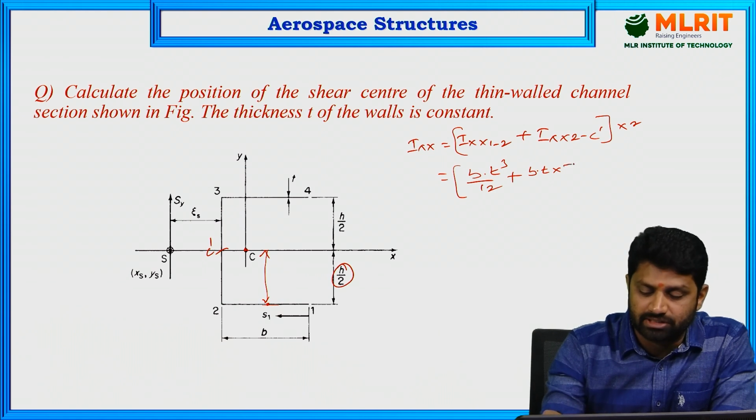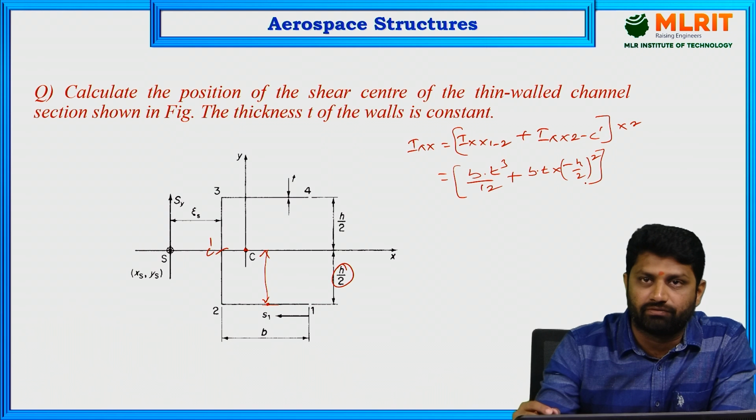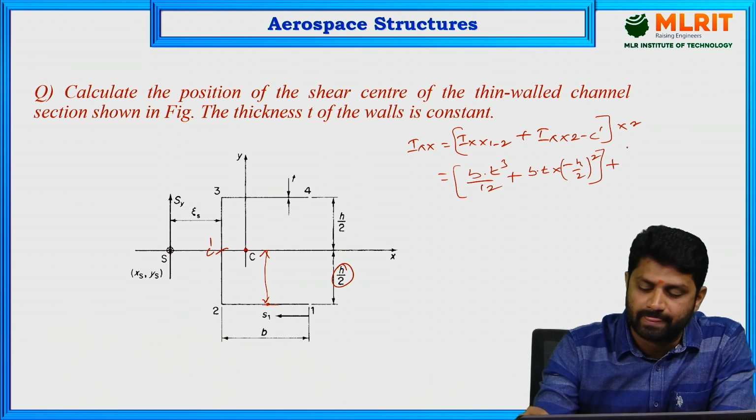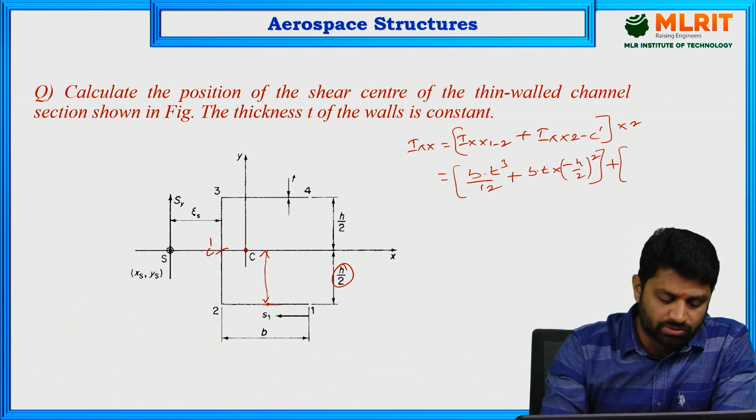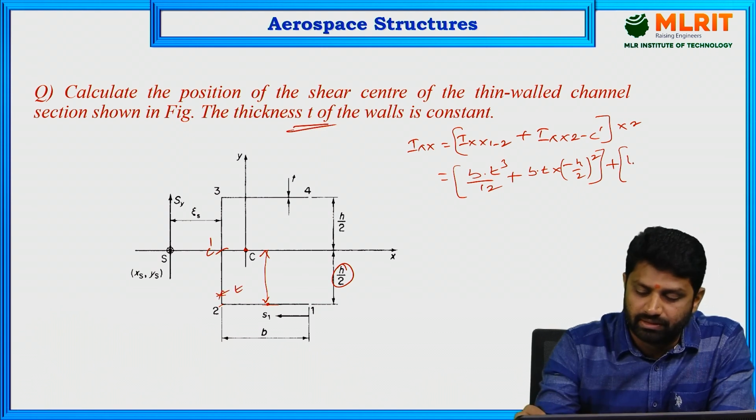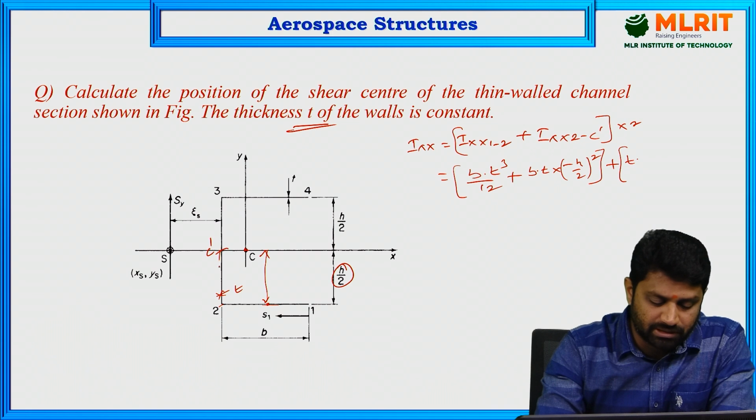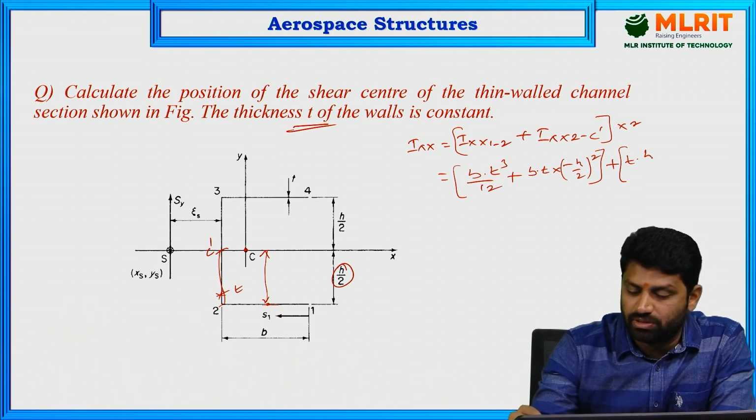So that is minus h by 2. Basically it is below x axis. So minus h by 2 whole square. That is for the first one, plus second one for 2 to c. So 2 to c, again b is nothing but width thickness t, that is given here. So b into d cube, depth is nothing but h by 2. So h by 2 whole cube by 12 plus area t into h by 2 is the area, and its